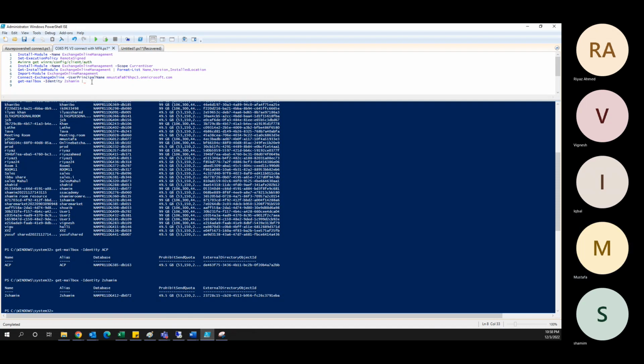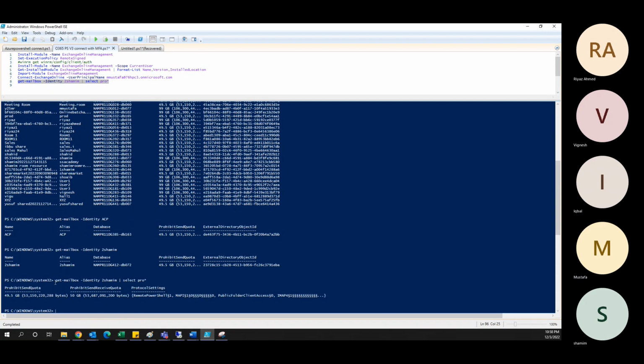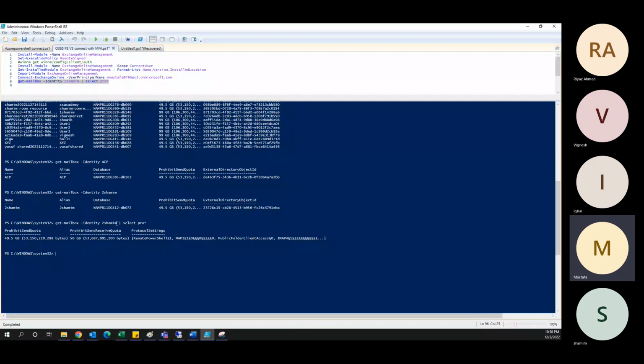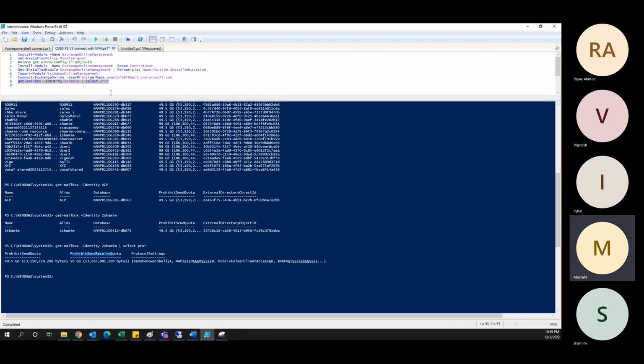जैसा एग्जाम्पल के लिए Select दे दूंगा मैं। Select, मेरे को अगर कोई भी प्रॉपर्टीज मालूम नहीं है तो मैं उसका कुछ स्टार्टिंग का याद रखूंगा, PRO, ठीक है, और यहाँ पर स्टार डाल दूंगा। लेट मी सी व्हाट इट्स गिव आउटपुट। तो मैंने Get-Mailbox -Identity शमीम, इनका मैंने प्रॉपर्टीज सिलेक्ट PRO, तो PRO से जो भी उनकी प्रॉपर्टीज हैं सब मेरे को दिखना चालू हो जाएगा। जैसा उनका प्रोहिबिट सेंड कोटा क्या है, प्रोहिबिट सेंड रिसीव कोटा क्या है, प्रोटोकॉल सेटिंग्स क्या है, ठीक है।